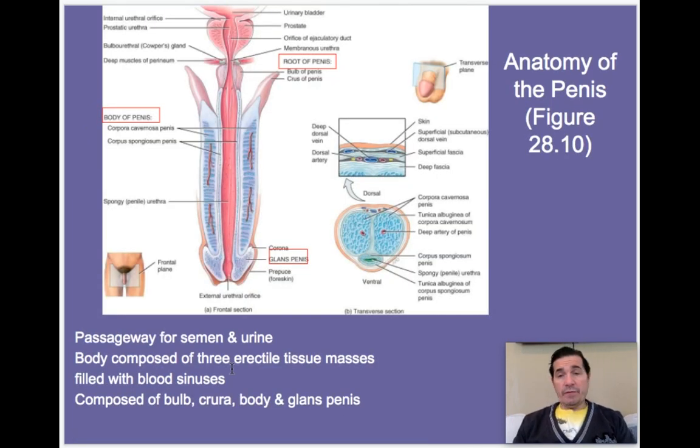Now, if we were to look at it, here's a structure of it. Now, notice we have the root here, and here we have the body. Okay, and here's the glans penis. Now, here's the cross section to give a better insight of where the urethra is and how